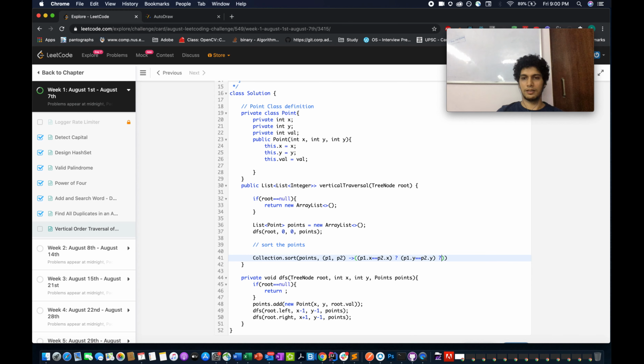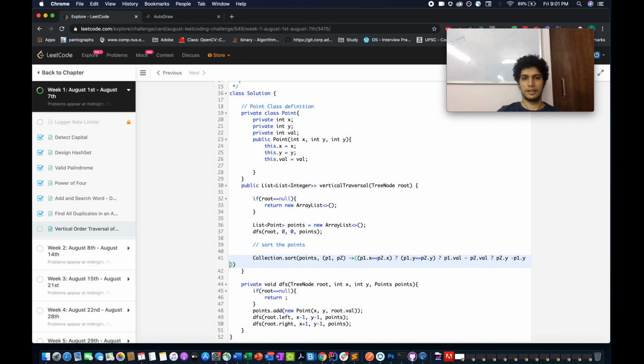I'm writing the case where both are equal first. If both are equal, then the lower value is given priority, and otherwise higher y is given priority. p2.y minus p1.y.